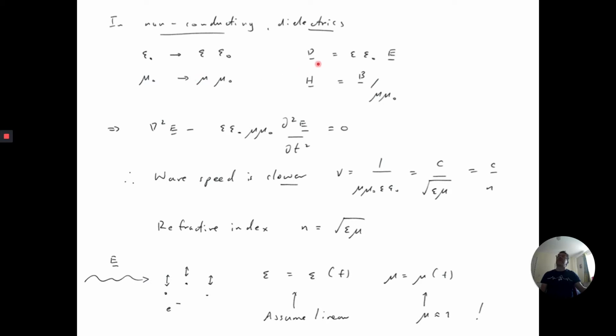This has an effect on the displacement and magnetic vectors, D and H, which are modified because of the relative permittivities. And we can describe the resultant electric fields and magnetic fields either in terms of the E and B values or in terms of D and H. But if we work through, we can arrive at similar wave equations. Here I show the one that applies for the electric field, where this velocity term in that wave equation has been modified by the relative